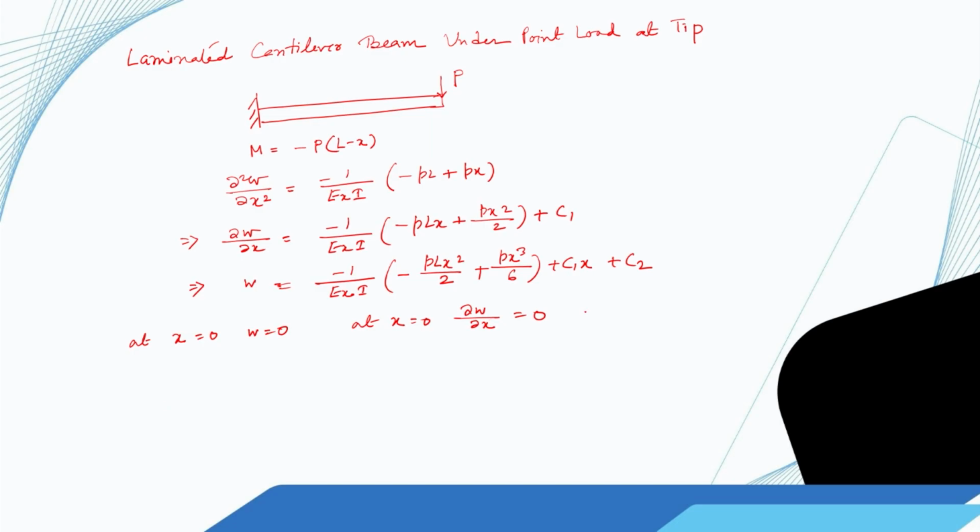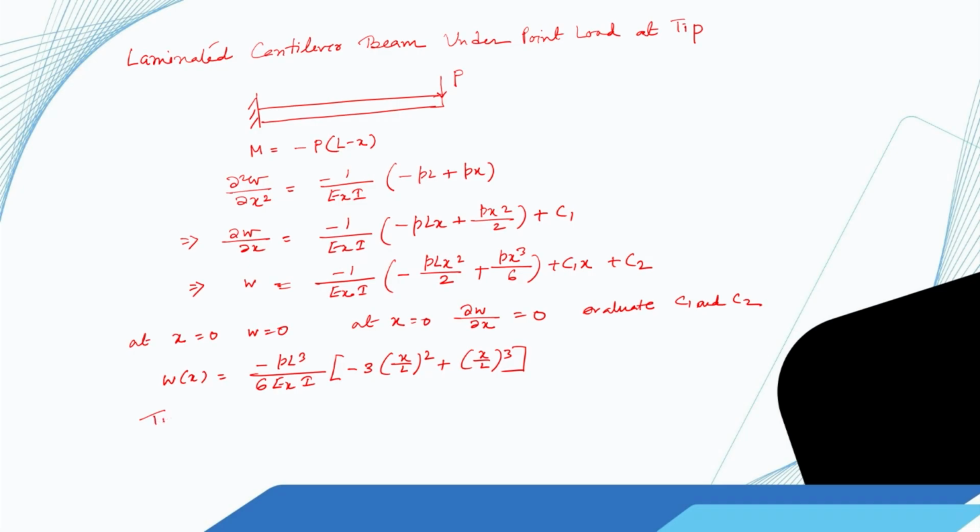So, with that we can evaluate C1 and C2, and then we can write the deflection as a function of x as minus PL cube by 6 EI multiplied by minus 3 x by L square plus x by L cube,